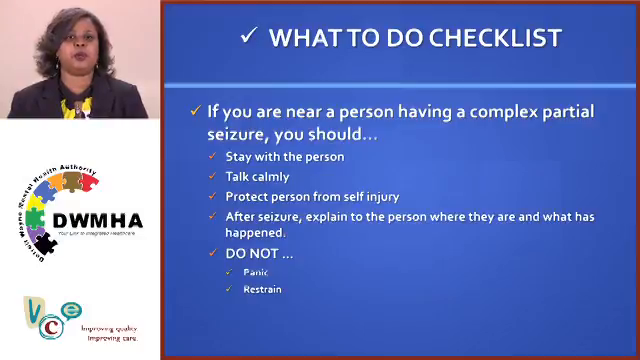If you are near a person having a complex partial seizure, you should stay with the person to provide comfort, talk calmly and directly, protect the person from any self-injury, and remove any furniture or other objects that have the potential to cause injury. After the seizure, explain to the person where they are and what has taken place. Do not, again, do not restrain or try to restrain the person, as you could cause injury to the individual